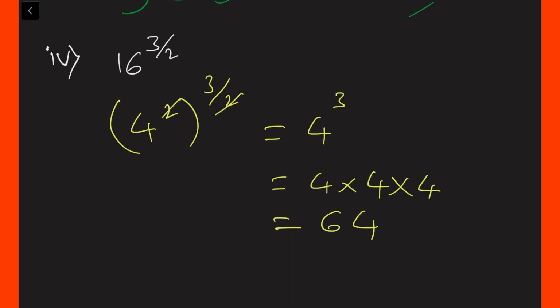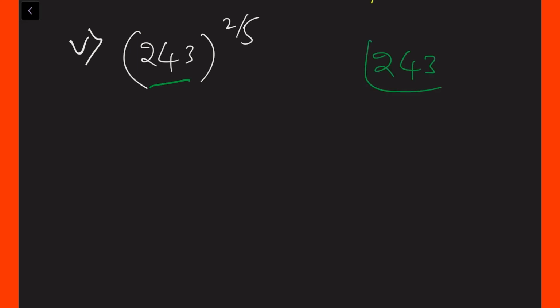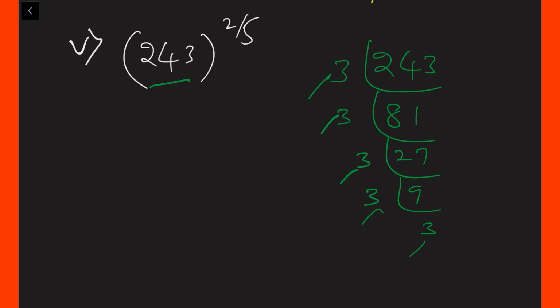Next, question number 5. In question number 5, it is given as 243 whole power 2 by 5. Here the base is 243, so let us do prime factorization for 243. 2 plus 4 is 6, 6 plus 3 is 9, so it will come in the 3 table. 3 8s are 24, 3 1s are 3. 8 plus 1 is 9, again it will come in the 3 table. 3 27s are, 27 will come in the 3 table. 3 9s are, 9 also will come in the 3 table. 3 3s are. So total 1 2 3 4 5. So 243 is nothing but 3 power 5